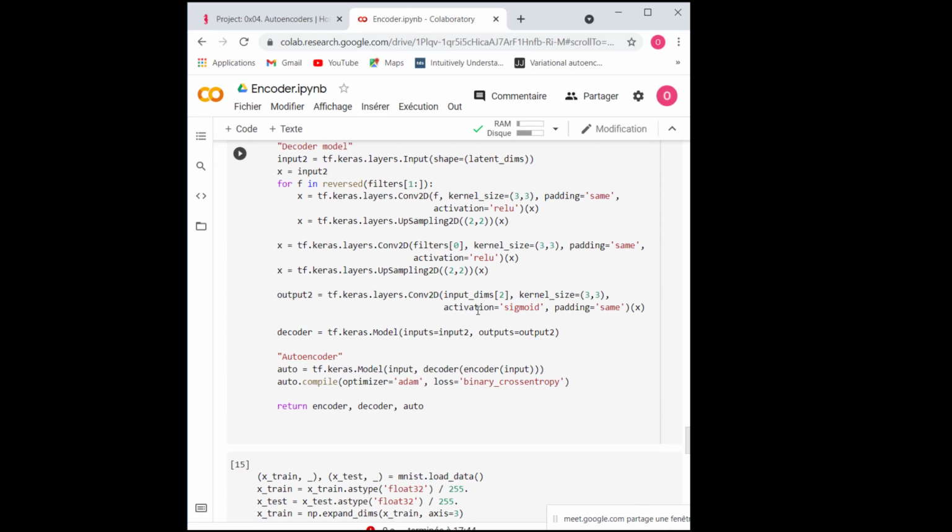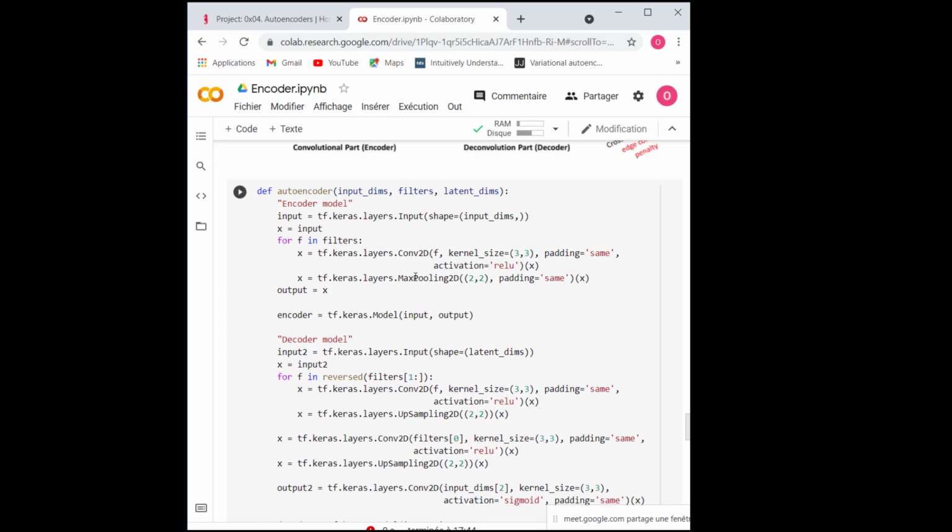Just a second, guys. Can you see the error that I did, guys?